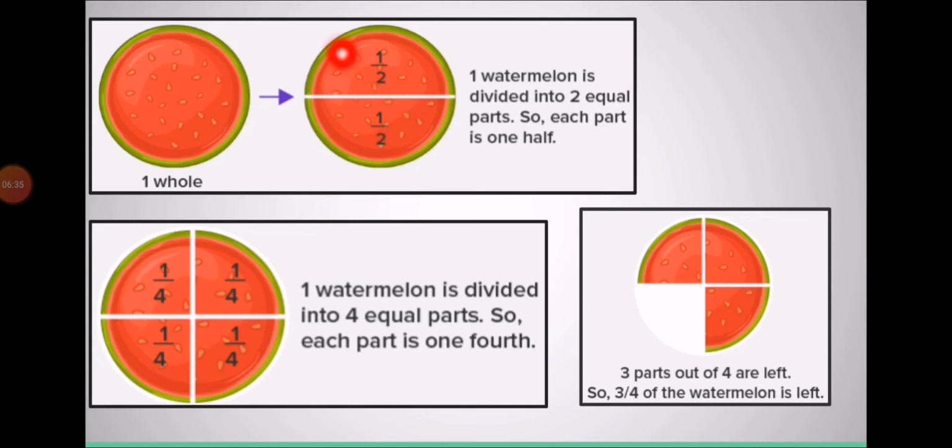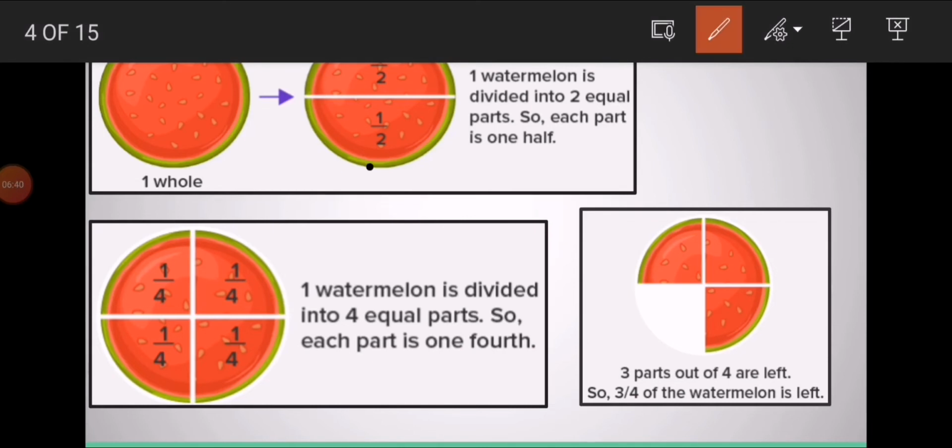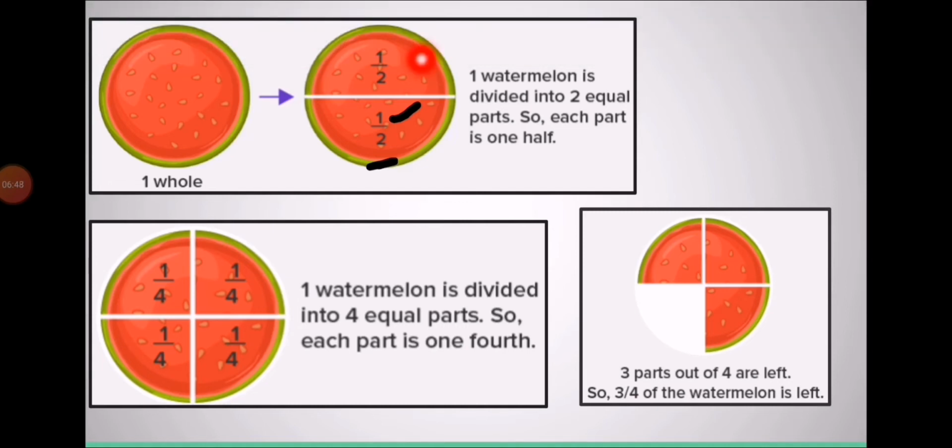So when we have to write the fraction, we will write 1 by 2. The down one is the total parts. The up one is the chosen part or present fraction. So 1 by 2 means this one part is out of these 2. So it is also called half. This is the fraction. Half of one whole. Each whole has 2 halves. Remember that.